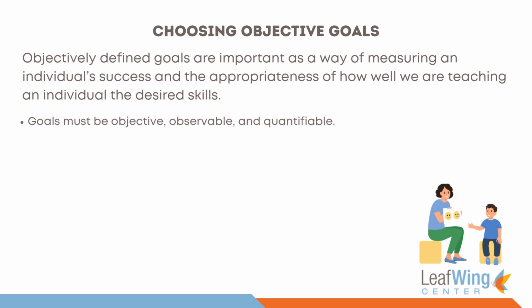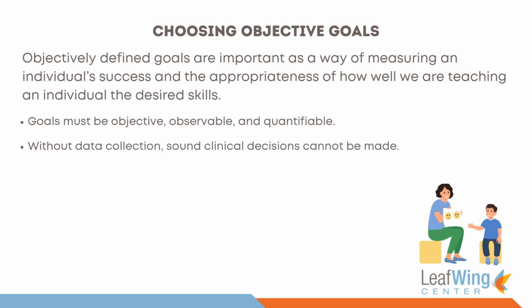Measurement of the established goals is the next characteristic of an effective ABA program. Data collection and frequent review of progress are critical to effective ABA programs. When the information on a child's progress is collected while they are learning the task, their progress can be monitored to see if their learning rates are increasing. If they're learning a new skill in an appropriate amount of time, fine, or if progress is slow, then the goal needs to be redefined, or teaching techniques must be altered. Without data collection, sound clinical decisions cannot be made.